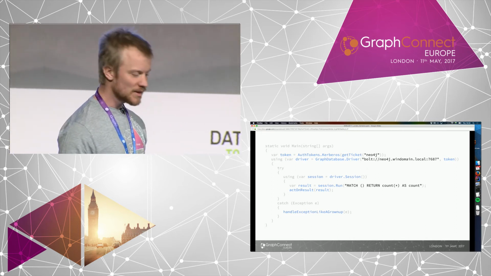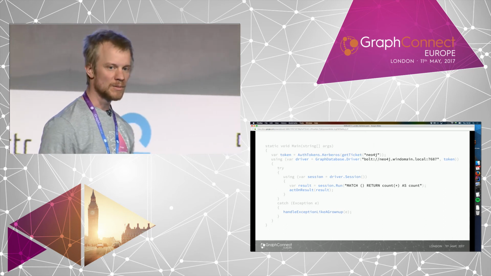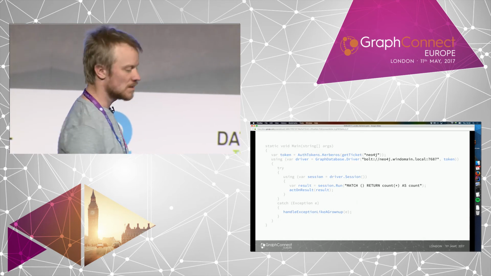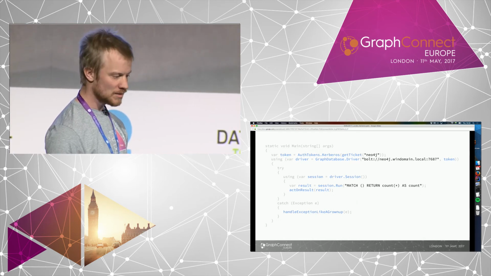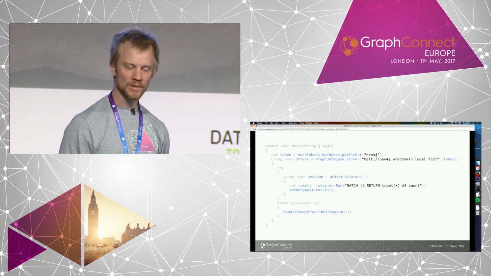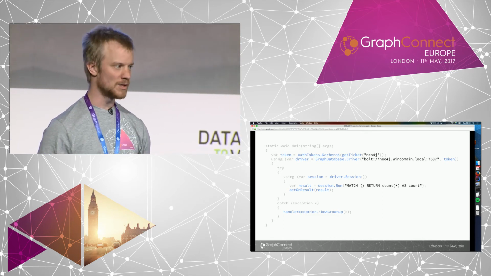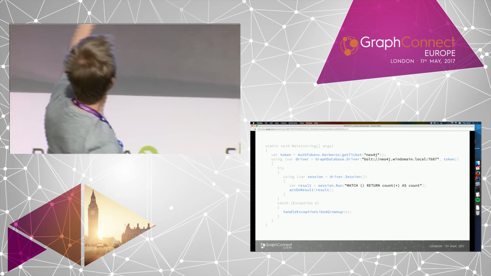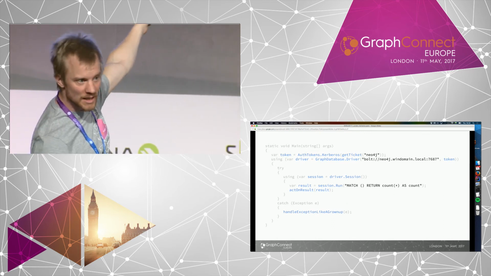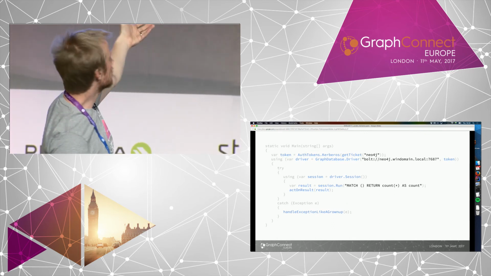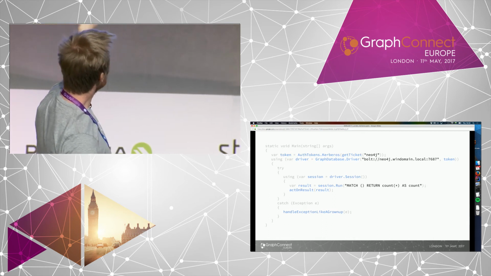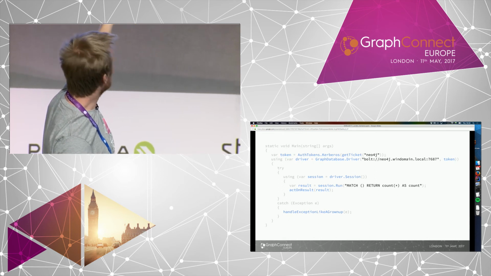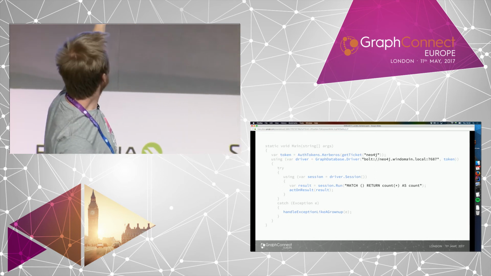What we're doing is something that looks just like the regular Bolt code that you would use on any Bolt driver. In this case, it's a .NET implementation. And there it makes a lot of sense because of the Windows systems using Kerberos by default. So what we do is just what we always do. The only difference is that we start by getting the ticket for the Neo4j cluster. And we pass that into the driver's API, which is to get an authentication or auth token using the auth